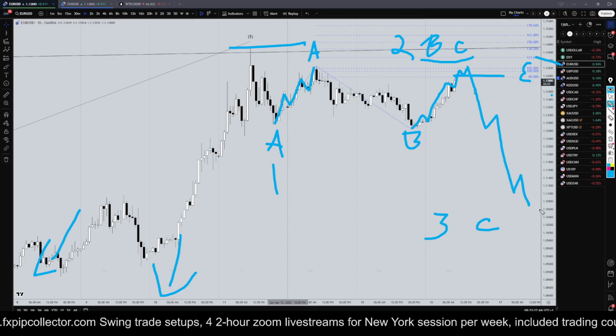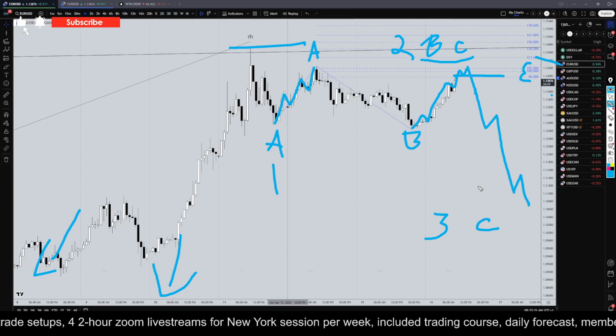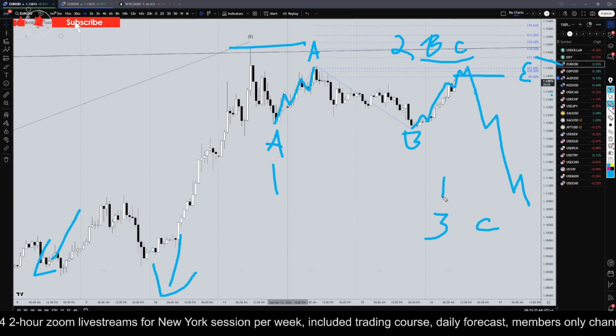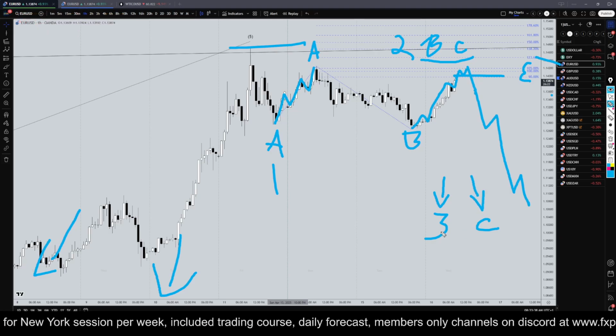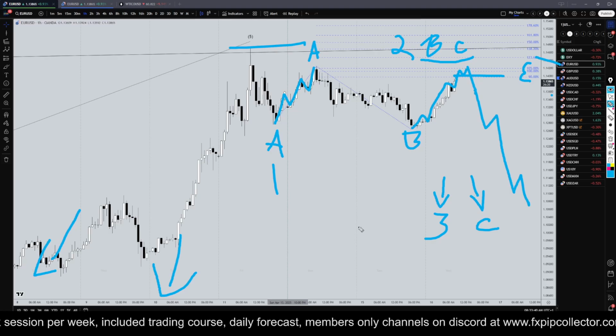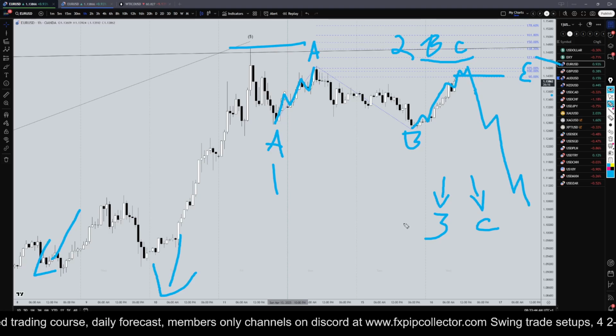Once it does start to move down, the best thing for us to do is throw a Fibonacci extension on there, and we can definitely tell the difference between a wave three and a wave C with the help of Fibonacci extension and a little bit of light knowledge about Elliott wave and the relationship between wave threes, wave Cs,